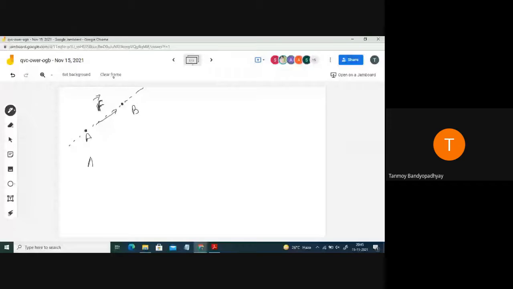The force vector can be written as the magnitude of the force, if that is given or known, times nAB cap. If I can find a unit vector in the direction of AB, I will be able to determine the vector F. So vector F should be given by the magnitude of the force times vector AB divided by its magnitude. Actually, this is what we'll be using today.